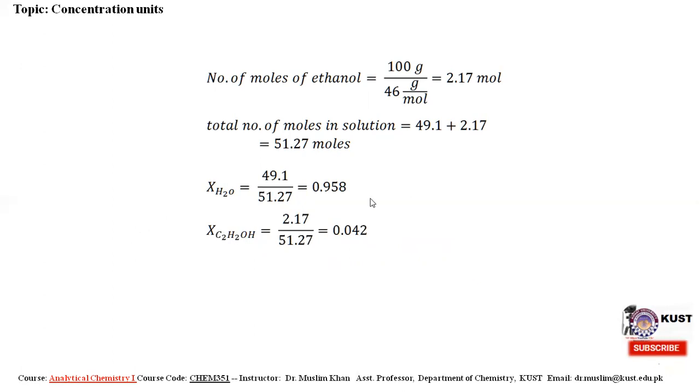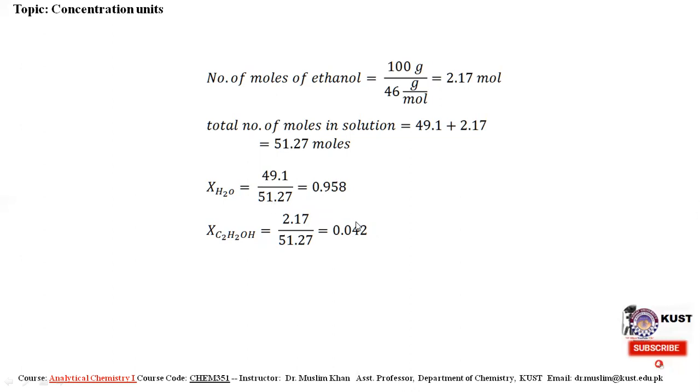So now coming to the mole fraction of water, first of all. So the total is this one, and in total 49 is of water, of solvent. You know that solvent is that component of the solution which is present in a greater amount, in a large amount. So in total 51, 49 is of solvent, and the rest only 2 mole is of a solute. That's what is called solute when it is present in a less amount. So the mole fraction of water is 0.958 out of 1, and of ethanol 2.17 divided by 51 is the total, is